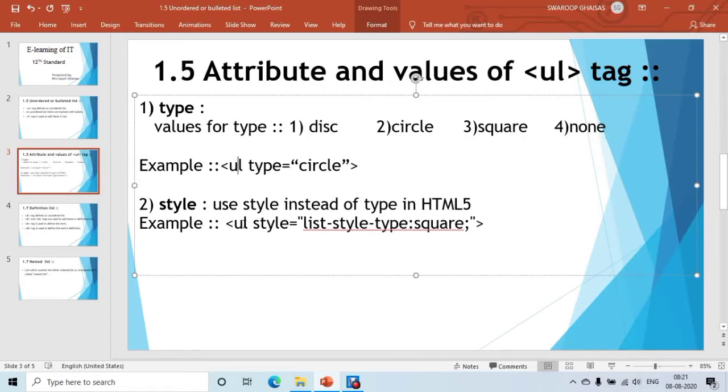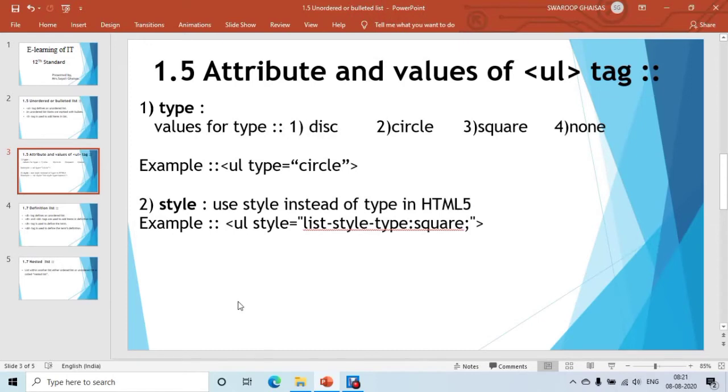So how to use it? For that, within a UL tag add style as an attribute, and style is equal to list-style-type colon, then specify a value among these, that is, disk, circle, square or none. In this way you can use the type or style attribute for an unordered list.